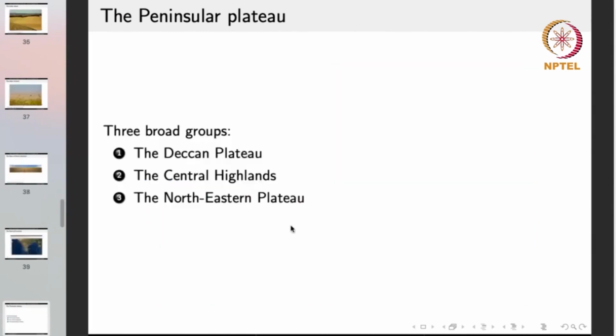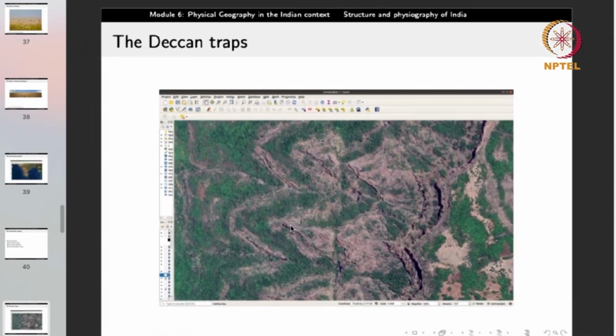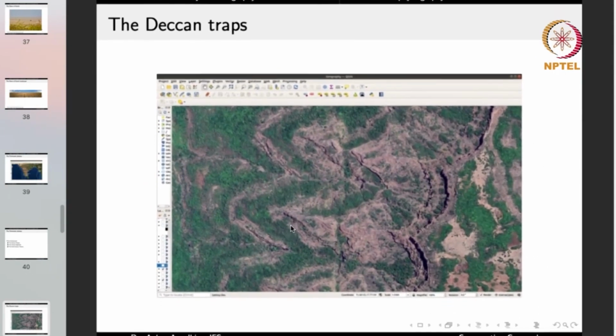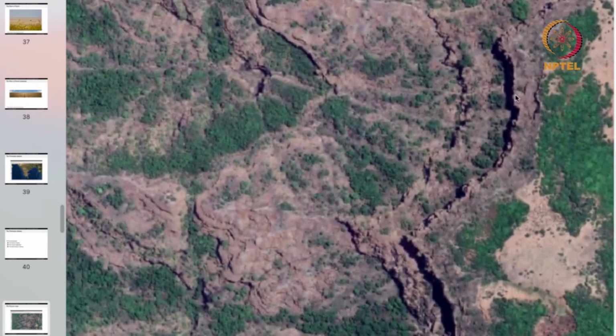Now the peninsular plateau is divided into three parts. We have the Deccan Plateau, the Central Highlands and the Northeastern Plateau. The Deccan Plateau is characterized by the Deccan Traps. Now the Deccan Traps, so if you look at this image, here we are observing that we have a staircase-like pattern